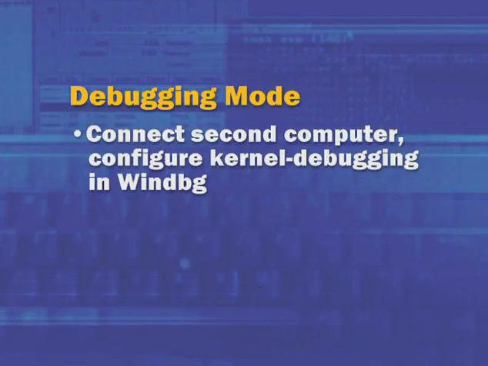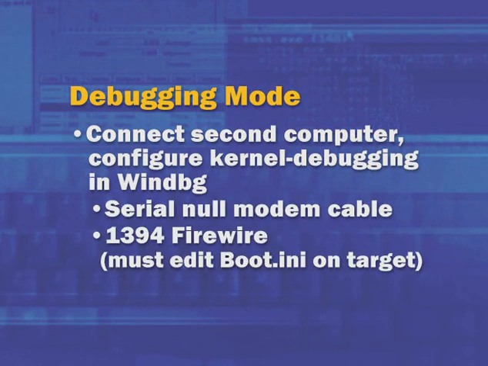So if you've booted the target system in debugging mode, whether you chose to just press F8 and choose the defaults, or you configured the boot.ini in the target machine to use one of the more advanced options or a faster baud rate, you're going to then bring a host computer, perhaps a laptop with the Windows debugging tools installed, connect it to the target computer using the appropriate interconnect, serial null modem cable or FireWire. In Windows Vista, USB 2.0 is going to be supported. And you're going to start the debugger and choose in the WinDbg menu the option to connect to the target, specifying the proper connection. And let's go take a look at that option.